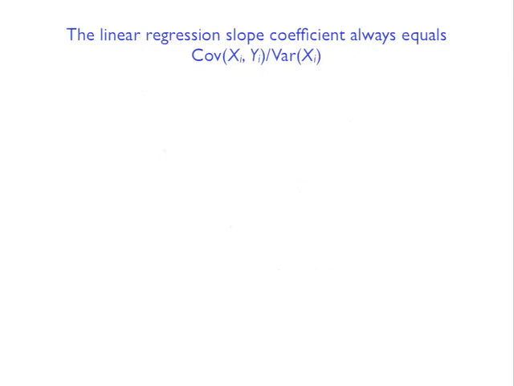So it turns out that algebraically, if you follow this procedure of trying to find the line that minimizes the sum of squared deviations, the linear regression slope coefficient is always going to be equal to the covariance of x and y divided by the variance of x. So again, let's assume that the conditional expectation function takes on this linear form of, say, alpha plus beta xi, or if you want, beta 0 plus beta 1 xi. So this is the intercept coefficient, and then this is going to be the slope of the line.